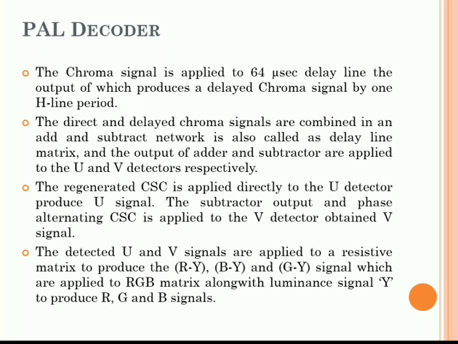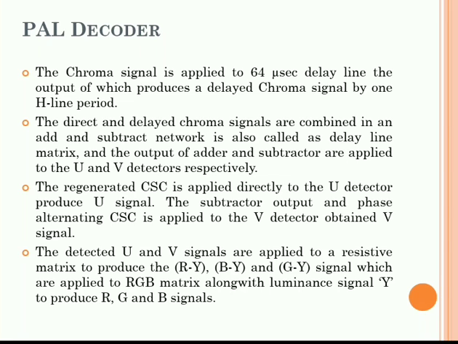These signals, which are applied to the RGB matrix along with the luminance signal Y, produce the R, G and B signal. We are providing these three color difference signals and the Y signal to the RGB matrix. At the output of the RGB matrix we have the three signals that were the inputs. As we have seen in the encoder diagram, whatever the output from the video camera was fed as input to that encoder, that was the R, G and B signals.